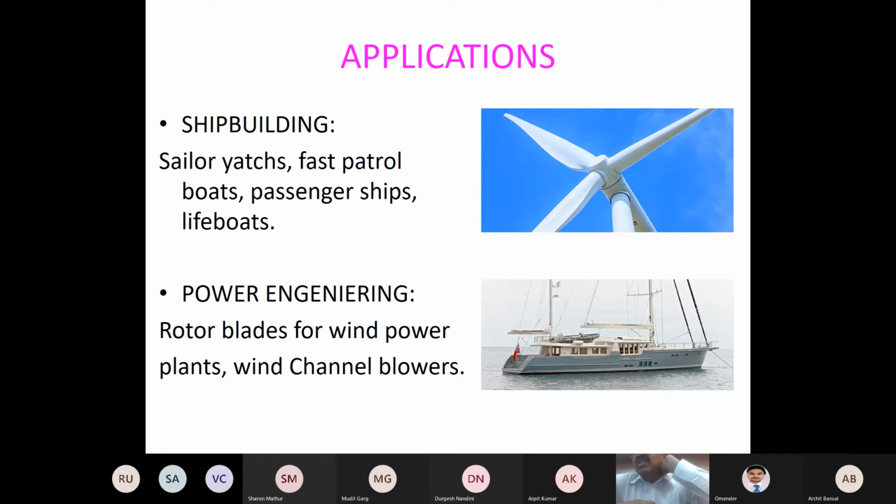Because of these structural advantages, this fabric is preferably used to make structural composite material, and those composites are used in, for example, yachts, as you can see here, all the body panels, the wind turbine blade, lifeboats, rotor blade, wind channel blower,